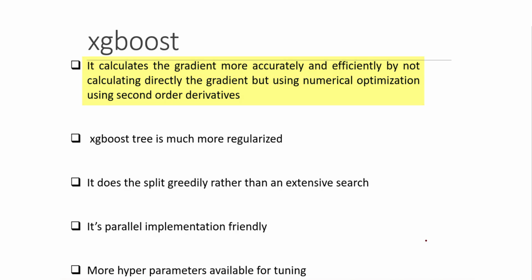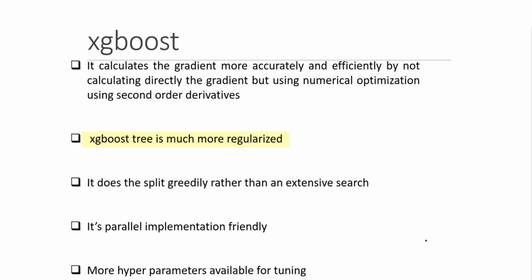If you remember, one of the ways to find a derivative was the partial derivative. Another way was this numerical optimization technique. I don't want to intimidate you, but there is something called a Taylor series expansion, which you can use to find this partial derivative without doing the derivative. Like you remember that if you want to find a square root, we don't directly apply the square root formula, we can use something like the Newton-Raphson method.